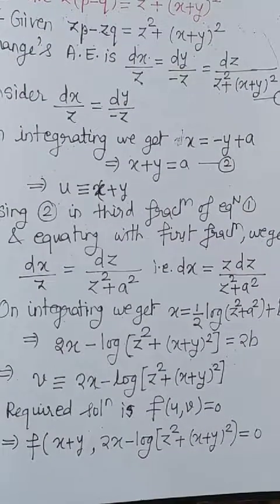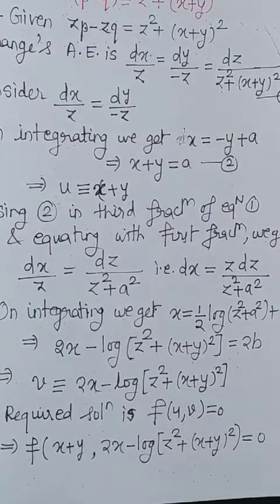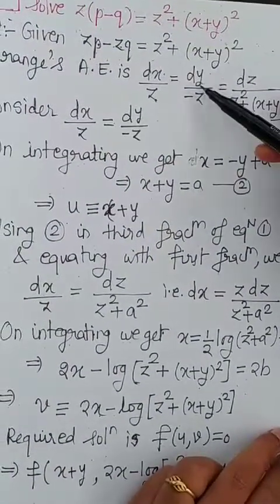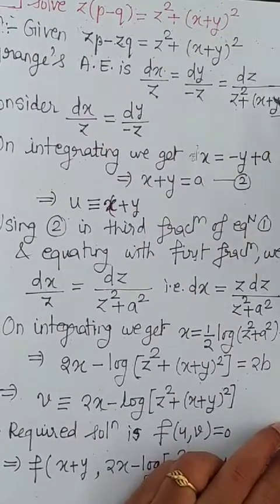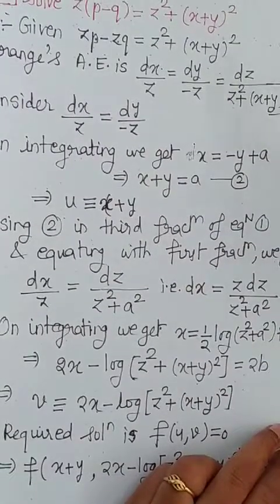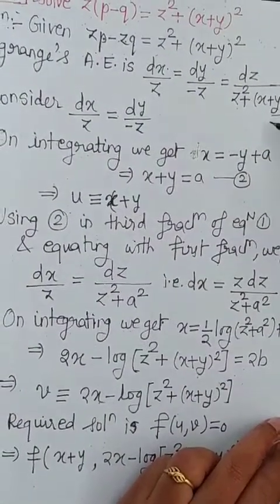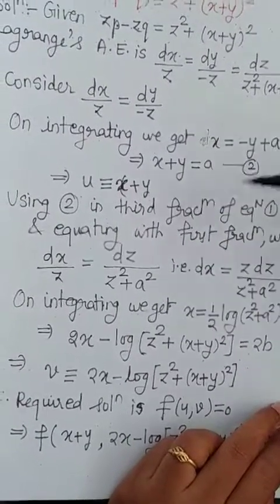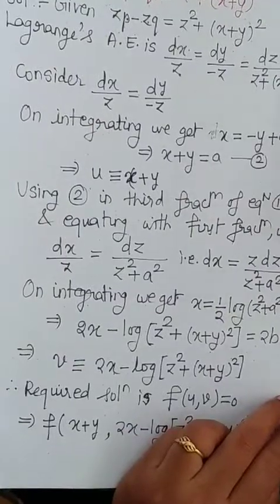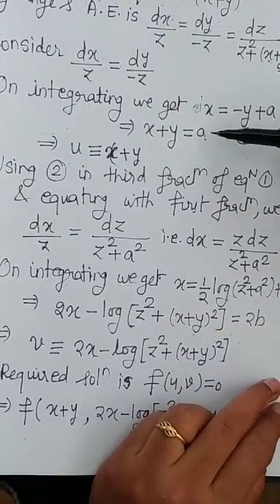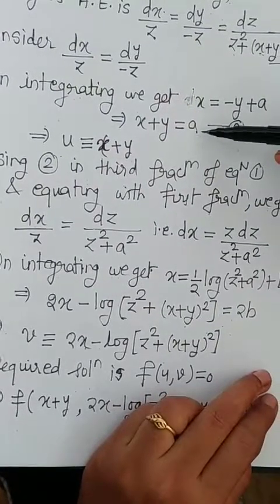Observe it carefully. So no possibility, because if I am considering second and third, x is extra which cannot get removed. If I am considering first and third, then y is extra which also will not be removed. Okay, so no possibility. But as I know x plus y is a, and I am observing this type of term over here, I can make use of the substitution very well.